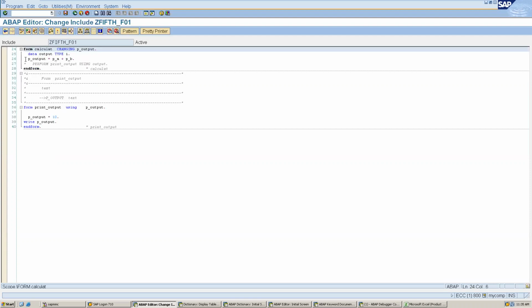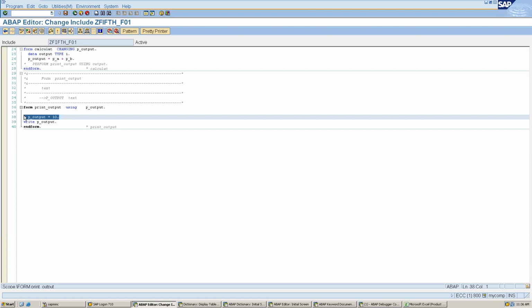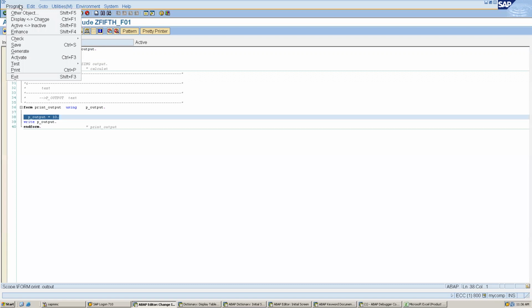Okay, so here you can see we have passed 0 here, but we have changed that 0 to the output of this. We have calculated this and assigned it into this, changing it. But this is not recommended actually. So if you do your program check, for example, this extended program check,